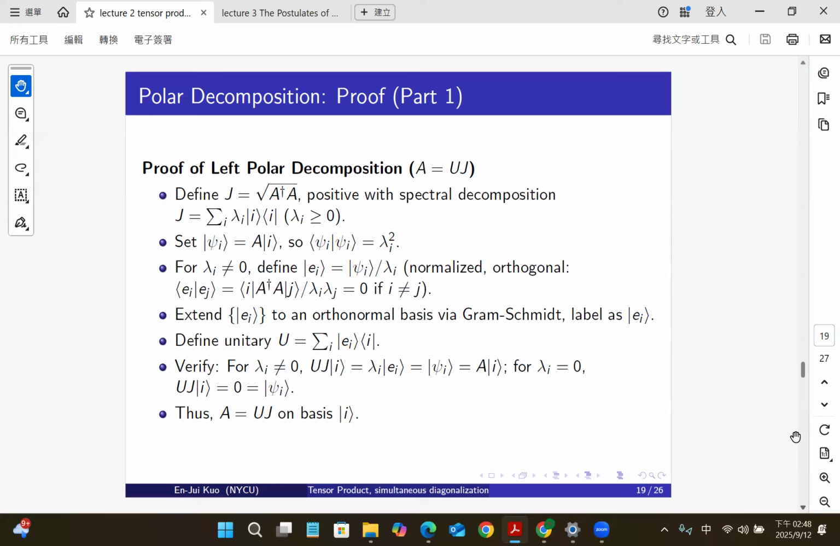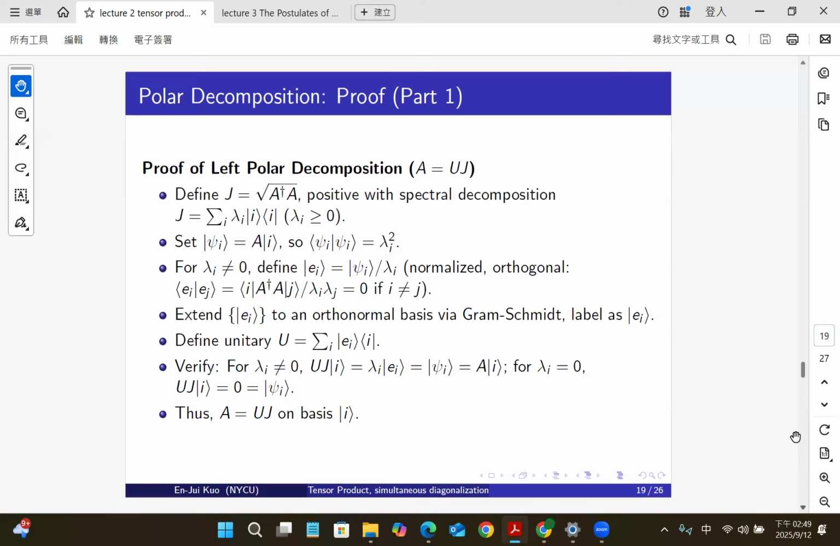But maybe there are not enough to span the whole vector space, right? But I have the Gram-Schmidt process. I can generate the rest of the vectors such that they span the whole vector space. 我一开始把所有 lambda i 不是零的那些向量全部抓出来，我发现它们是正交的，但是它们不一定可以生成整个空间，所以我把剩下来的那些，从剩下的向量随便抓一大堆，然后让它们生成整个空间，然后使得大家都正交。这个可以用到 Gram-Schmidt process。有没有讲过？